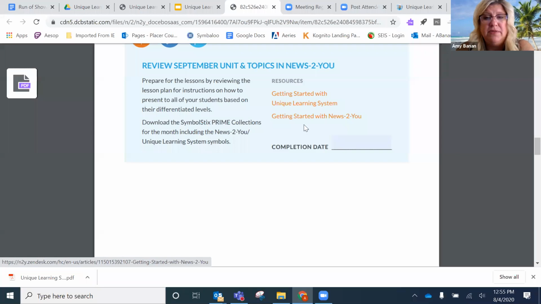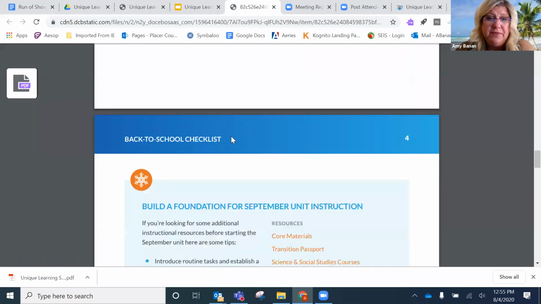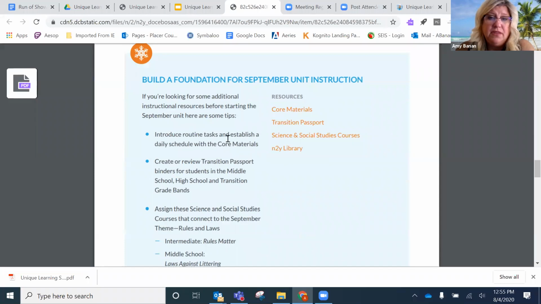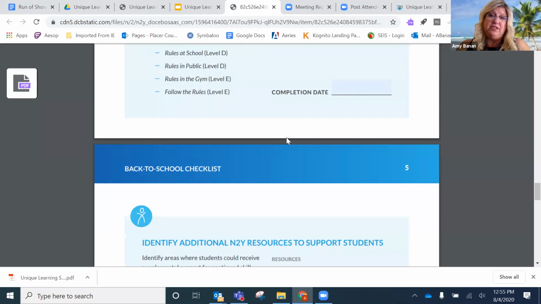And then also the basics. And hopefully, I know a lot of people were using News to You, and hopefully we can get that going again. There's some more information about the science and social studies courses. Also, if you need more about the core materials or the transition passport and how to incorporate those in your day,